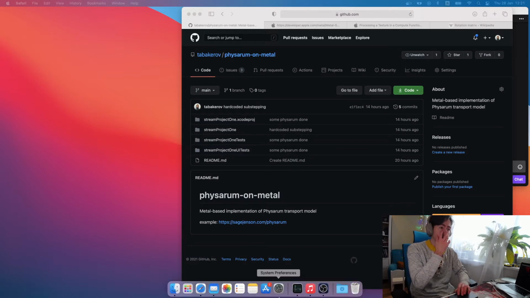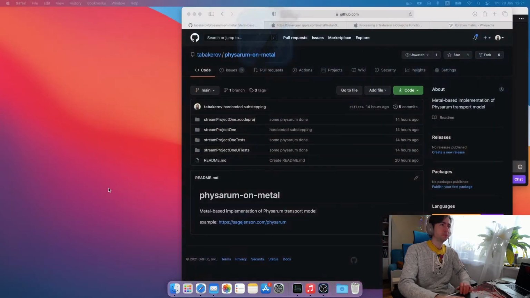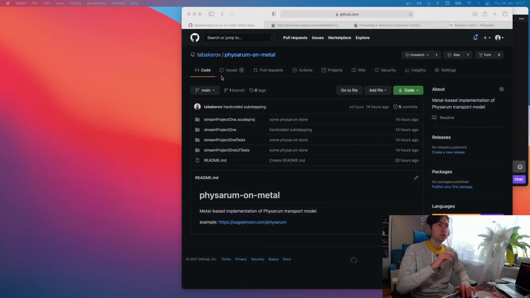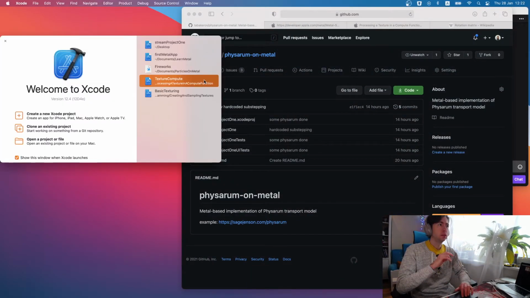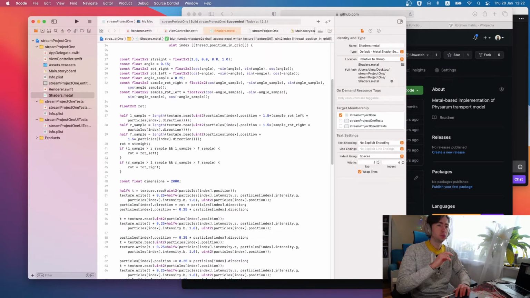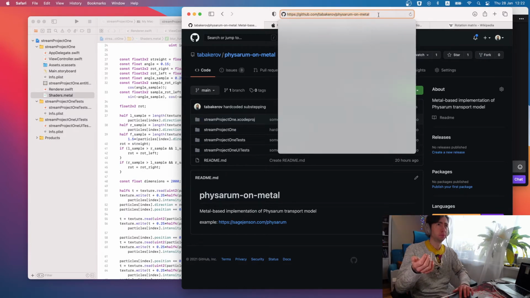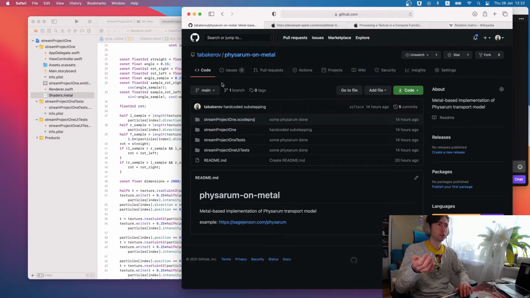And while we're restarting Xcode, I want to announce that this project is available on GitHub. Pull requests and suggestions are welcome.